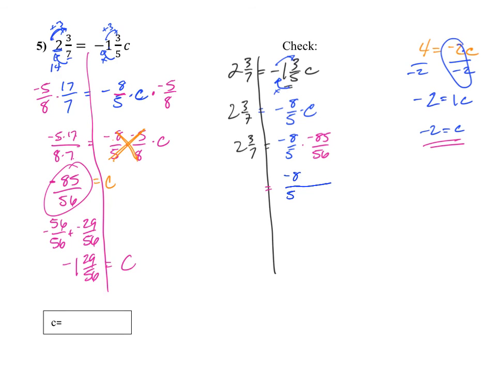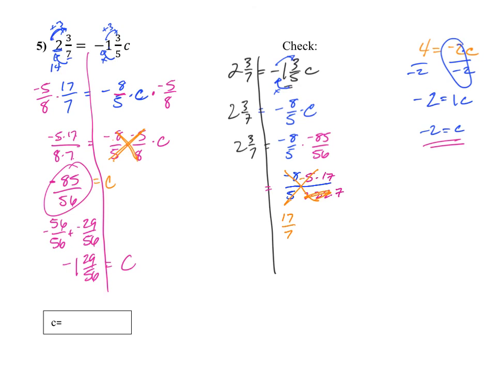And then I know that 85 is 5 times 17, and that 56 is 8, or 2 times 2 times 2 times 7. So the 8 reduces, the 5 reduces. And a negative times a negative is a positive. So I'm left with positive 17/7,